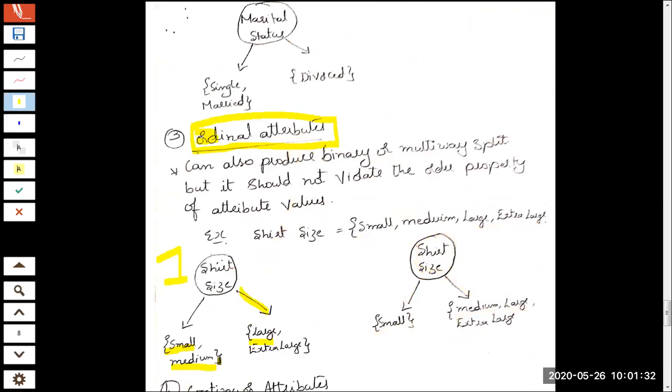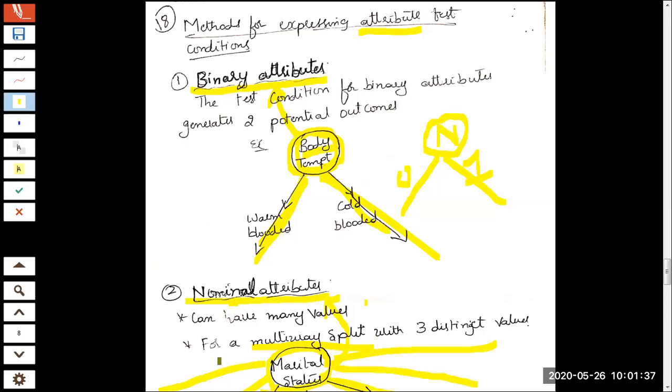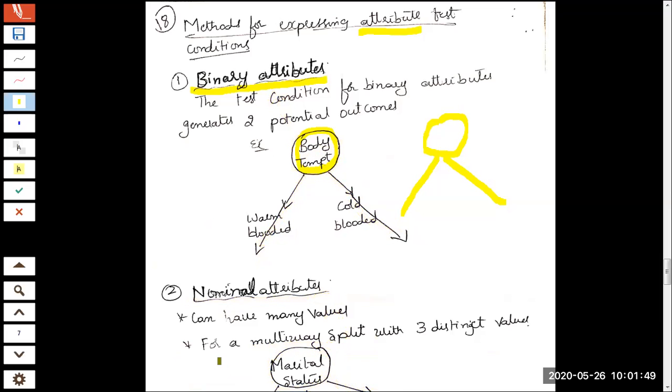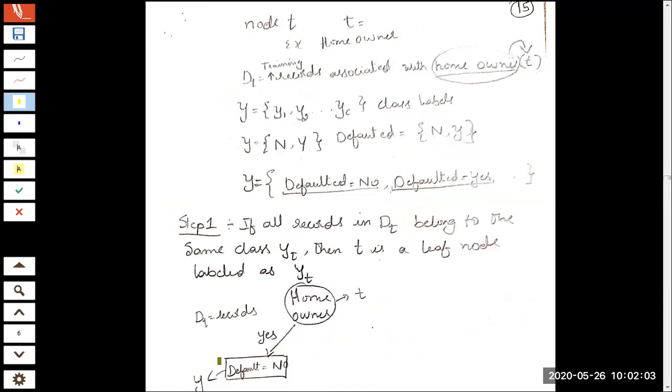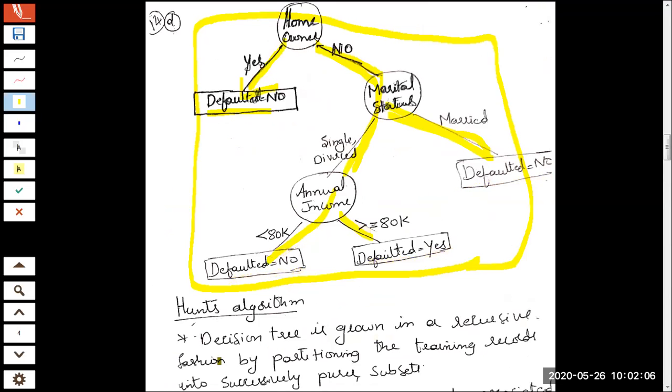Starting from the next topic, as I already told you, among the available attributes you need to decide which attribute should become the root node, for which you need to compute the information gain. We'll explore it through problems. We'll directly go to problems, and in the problem itself, I'll explain the theoretical concepts. I will not have a separate session for explaining theory and problems. I'll combine both for better understanding, not to skip the explanation.